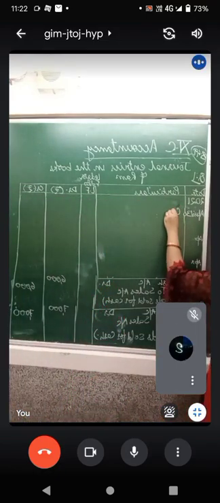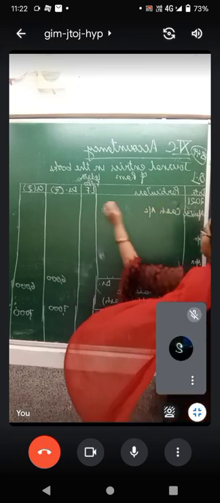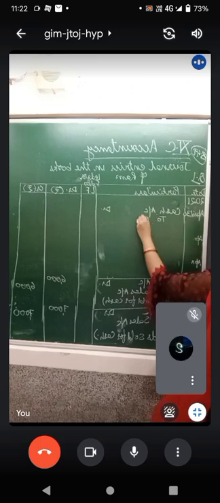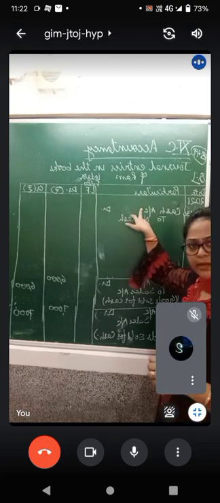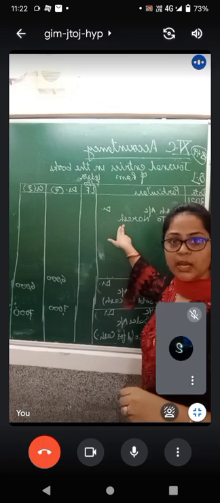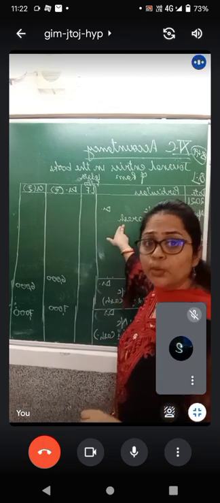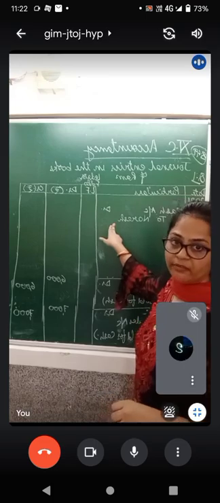What has happened? Cash is coming in. Cash account will be debited to Naresh. Means debit cash account, it is a real account, debit what comes in. Naresh is a personal account because it is the name of a human being, and he is the giver. Credit the giver of that cash.